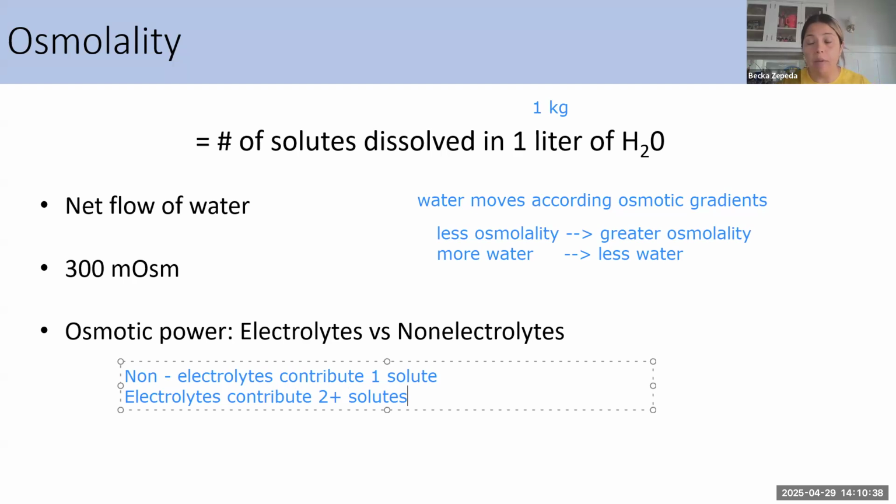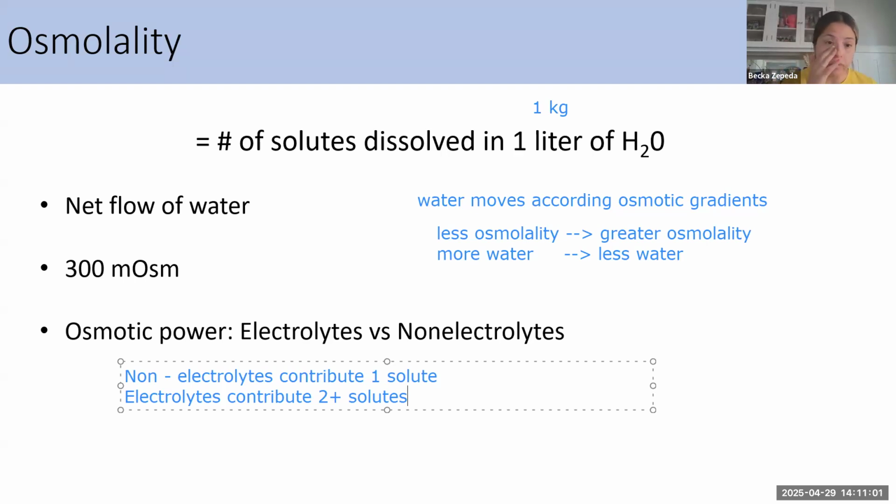Same thing with carbonic acid. You're putting a hydrogen ion and a bicarbonate ion in that solution because they are going to immediately dissociate or separate. And so anytime you add an electrolyte to a solution, you're really adding two, maybe more solutes to that solution. Versus a non-electrolyte that does not dissociate, you're only adding one solute per molecule for that